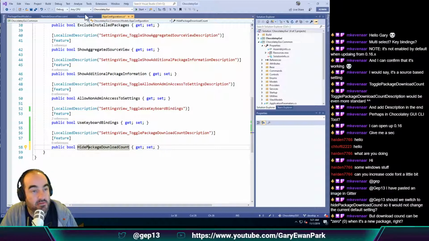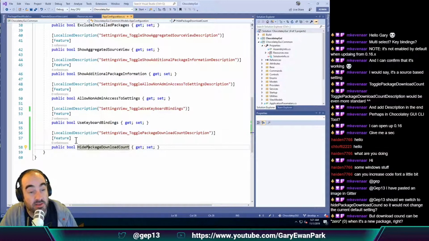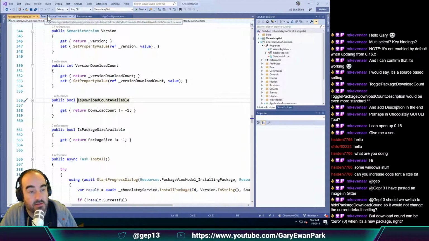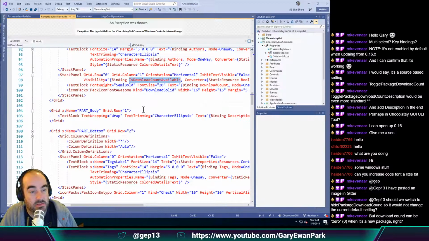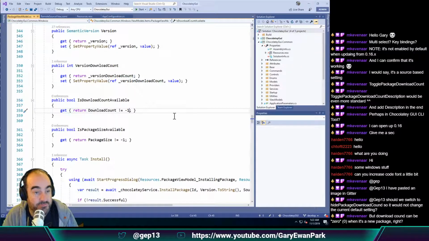Now, what did I make the description? Did I just make it something? Allows control over whether package download count is displayed on remote source views. Right, that's fine. So I agree. Let's make this hide package download count, and that's going to be false by default. And if we come back in here and we look at this, then we can say, is download count available? We can use this one that's already here. So we can return that,